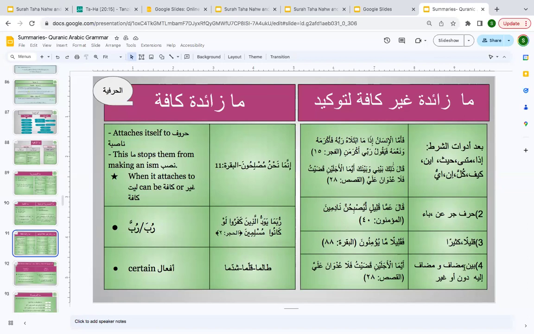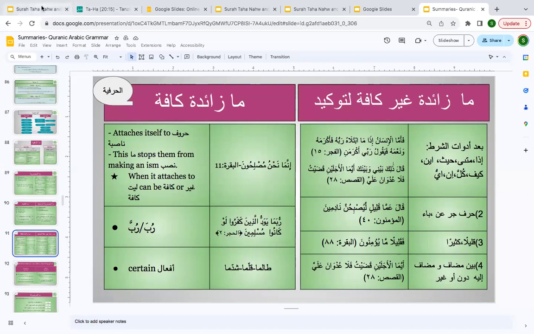So, and then you can see it between mudaf and mudaf ilayhi, as you can see ayyumal ajalaini. So ayyuma ma is again seen not only after adwatu shart, but it is present between mudaf and mudafun ilayhi, right? So everyone, is this good for you? You're all good now. And then when it comes to ma kafa, that's something else. So you have it on your slides, and everything has been shared with you so far.